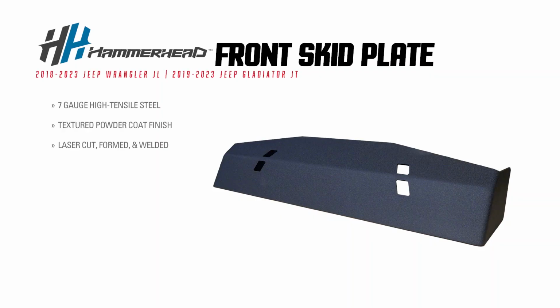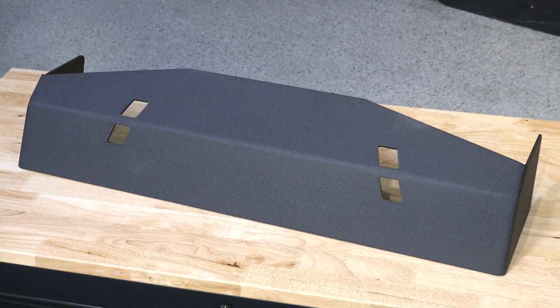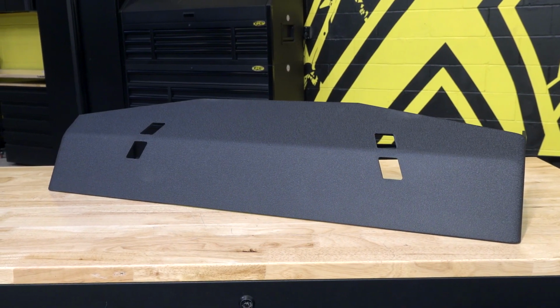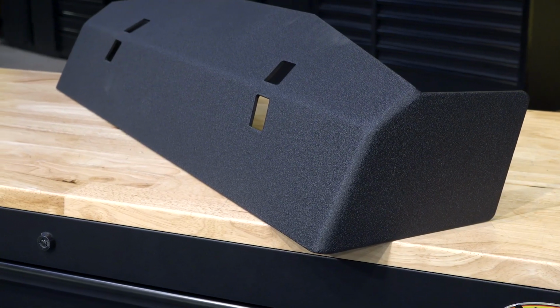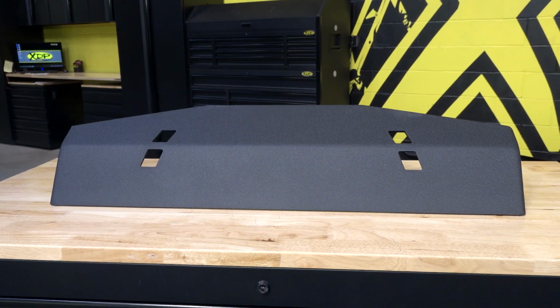The Hammerhead skid plate for Jeep JL and Gladiator is made of high-quality steel and is designed to protect the undercarriage of the vehicle from rocks, debris, and other obstacles encountered during off-road driving. The plate covers the front underside, including the oil pan, transmission, and transfer case, providing complete protection for these vital